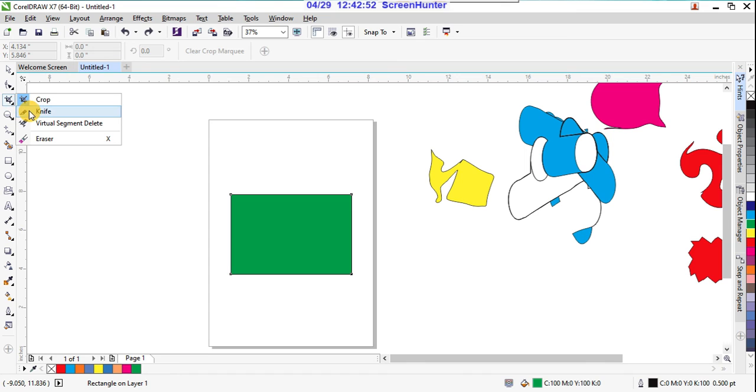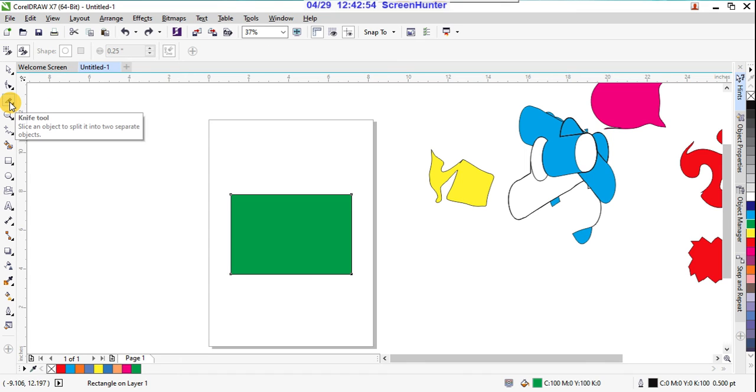And this is the knife tool. How does the knife tool work? It slices an object to split it into 2 separate objects. So this object, the knife tool can split into 2 objects. Suppose here I'm taking here, and from there I'm taking one more.